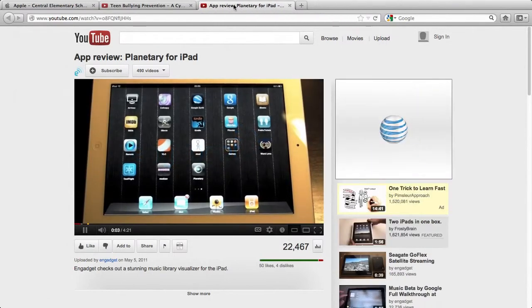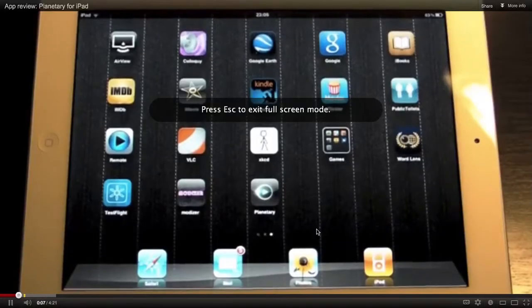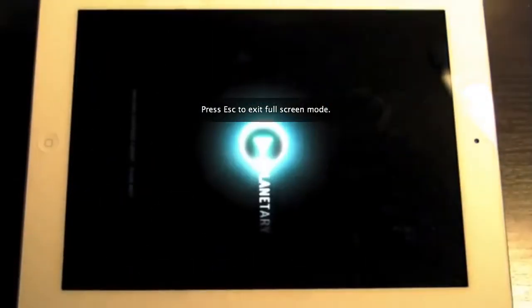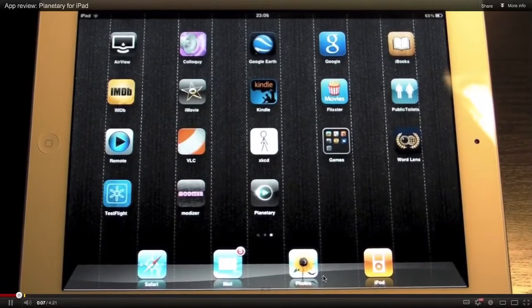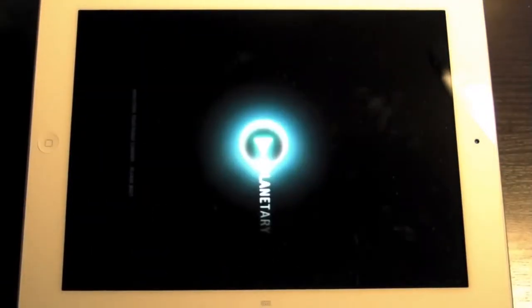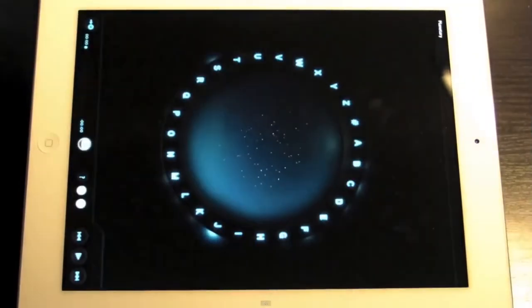Hey, this is Richard Light and Gadgets, and we're going to show you an iPad app called Planetary, and it's for visualizing your music collection on your iPad. And before we start, we just